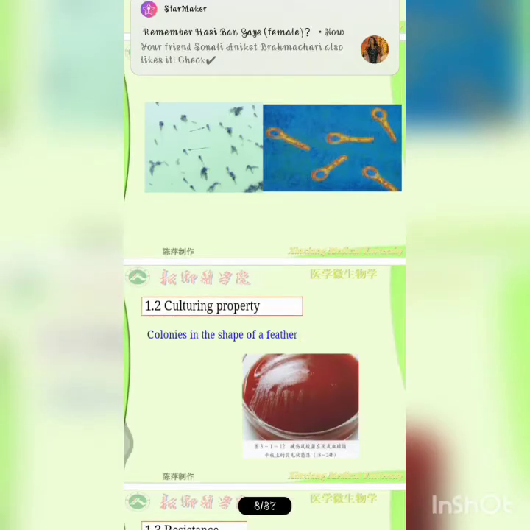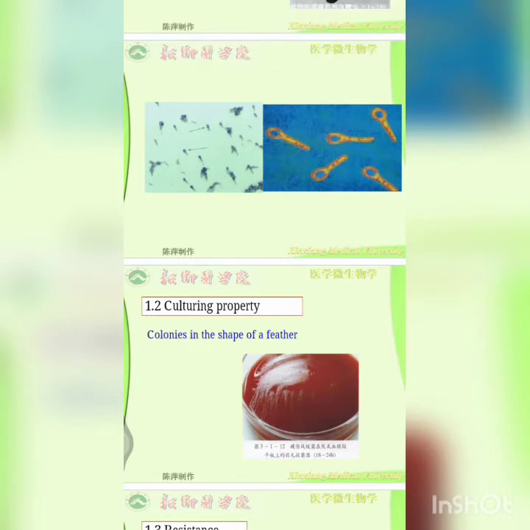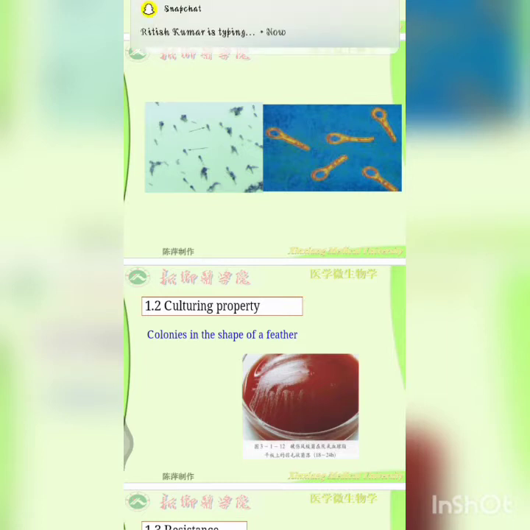For culture properties, we mostly use blood agar, and also Robertson cooked meat medium and thioglycollate broth. We use blood agar because they show a swarming, spreading type of growth, and they show both alpha hemolysis and beta hemolysis, that is partial and complete hemolysis. In agar stab culture, it gives a fir tree appearance. In RCM, that is Robertson cooked meat medium, the medium becomes turbid, and the meat is not digested but becomes slightly blackened, showing only a slight proteolytic effect.